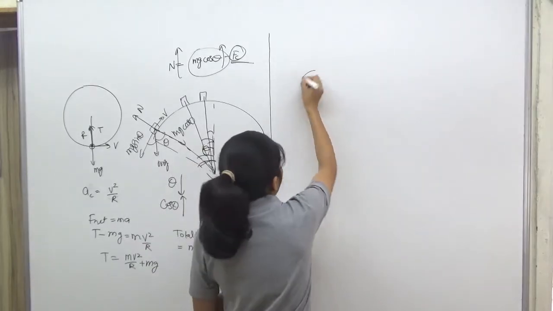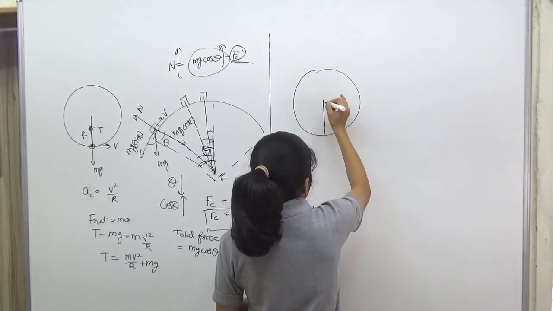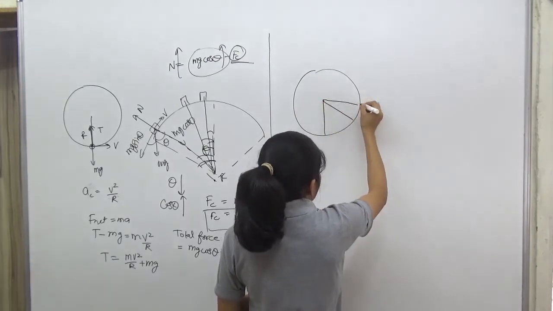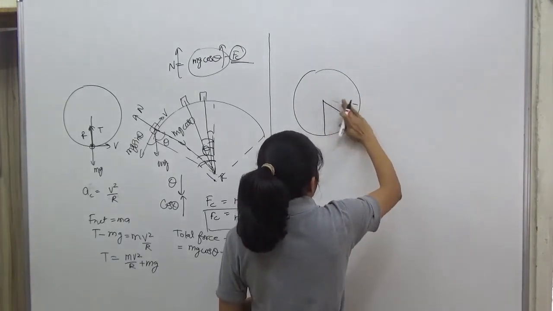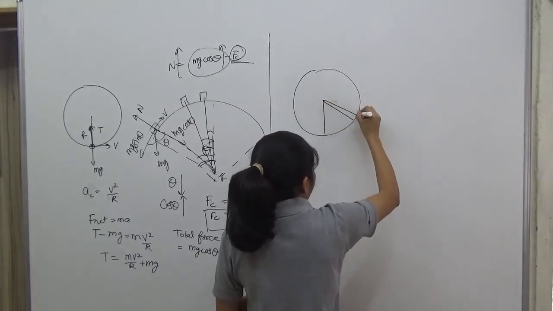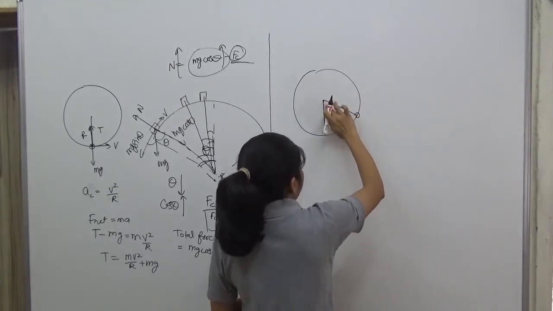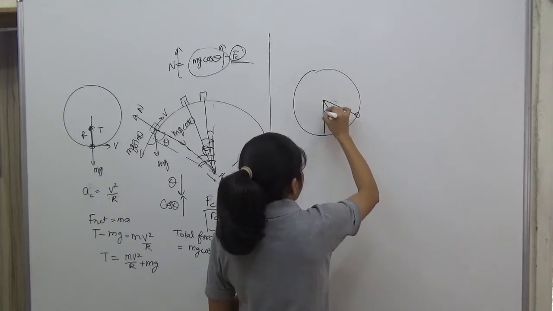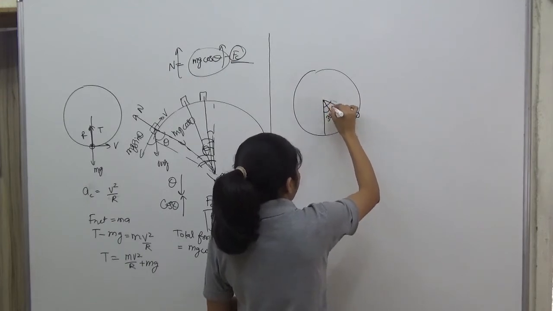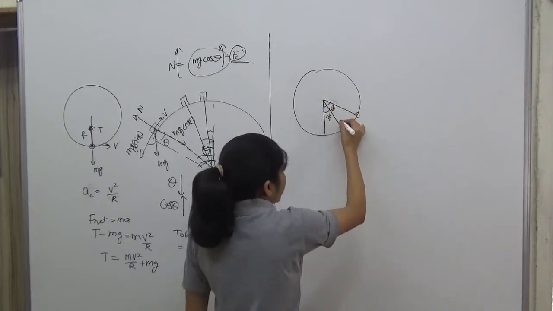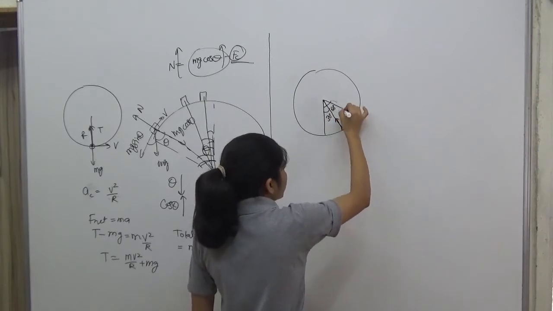So in this question we have a particle which is moving in a circle and we have to find out the tensions at these 2 positions. One is when it is making angle theta is equal to 30 degree with vertical, and another when it is making 60 degree with vertical. So this is 30 degree and this is 60 degree. So here it is T1 and here it is T2.